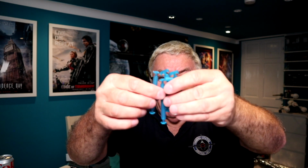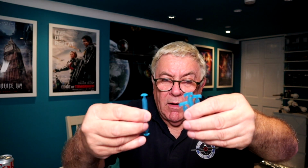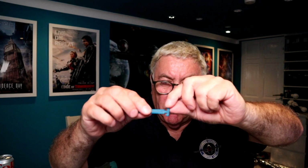So I could alter them, I could cut a bit off, but I've just not got around to it yet. But basically they go in place of your lace. And again, you print them in various sizes. Loads of files come with the print, different designs. They've got one sort of tapered head you can see. These have got a much bigger head. This one you would need a really big hole, like maybe a hole in a boot for a bootlace, to fit that through. But again, get various sizes,